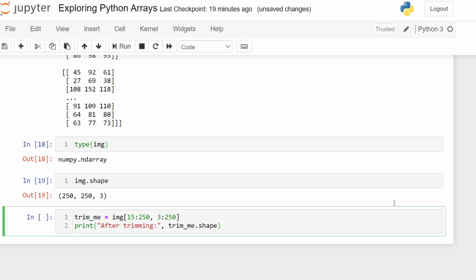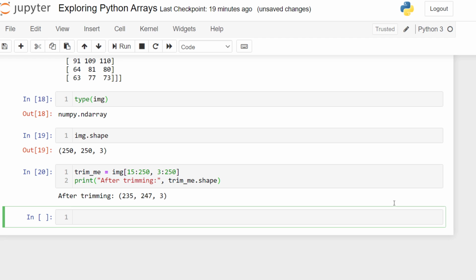I just wanted to print the shape that we have after trimming or cropping. And there we are. So it prints now what the trim looks like, how much we've cropped it. Now it's a 235 by 247 by 3 image,